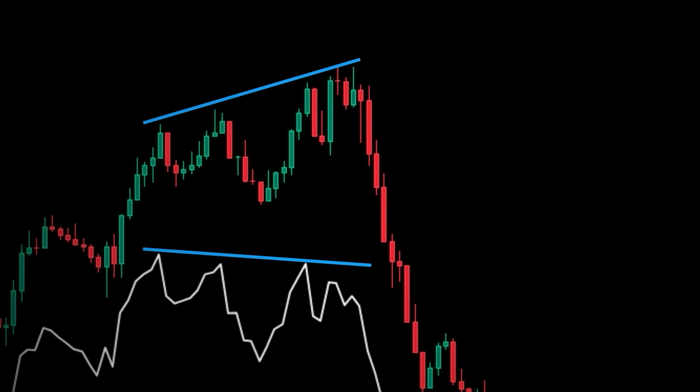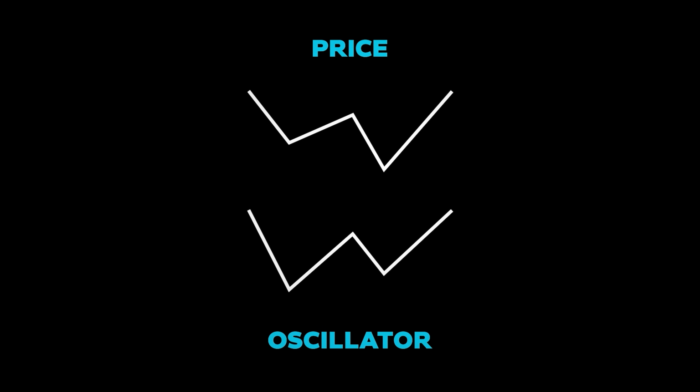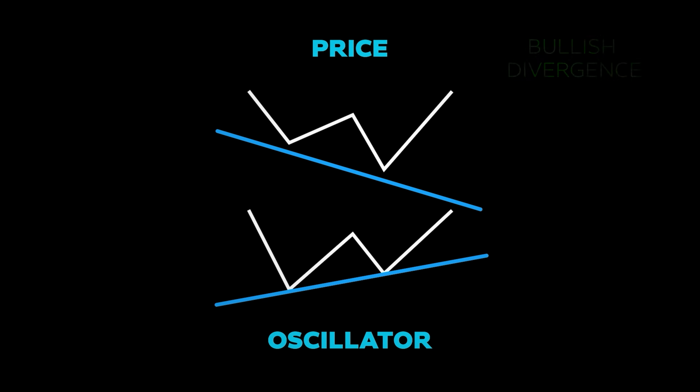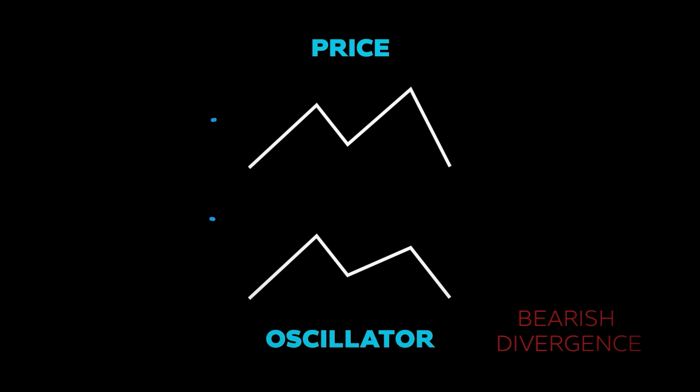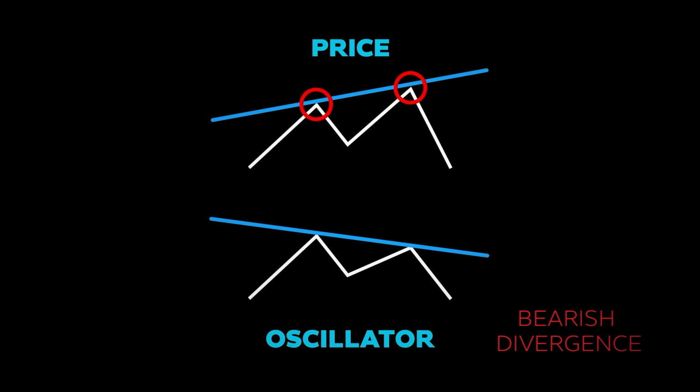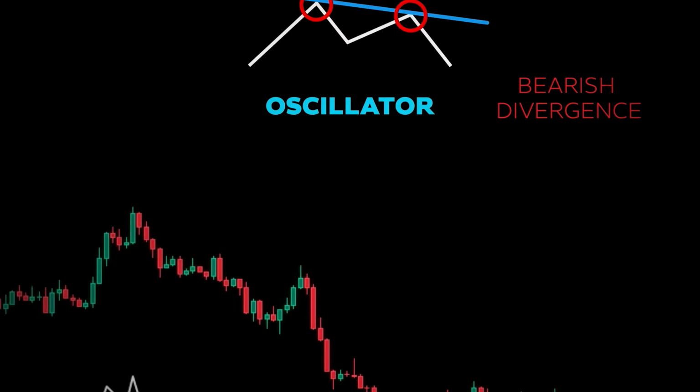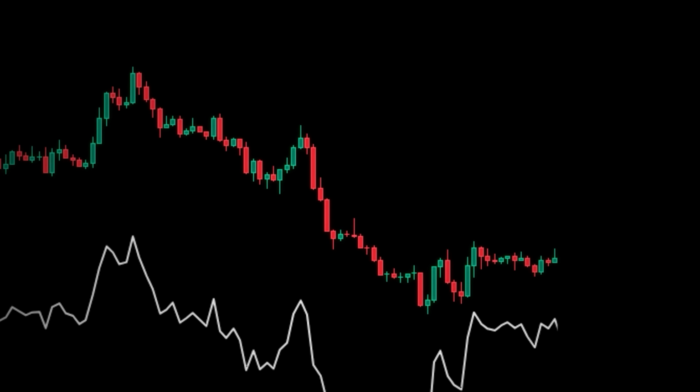If you don't know what divergence is, I'll explain briefly. A divergence occurs when the price of an asset and any oscillator move in opposite directions. On bullish divergence, price may make a lower low while your oscillator makes a higher low. When looking to trade the double top pattern, we'll look for bearish divergence. Price may make a higher high while our oscillator makes a lower high. It doesn't matter what oscillator you use, but for these examples, I'm going to just use a simple RSI or